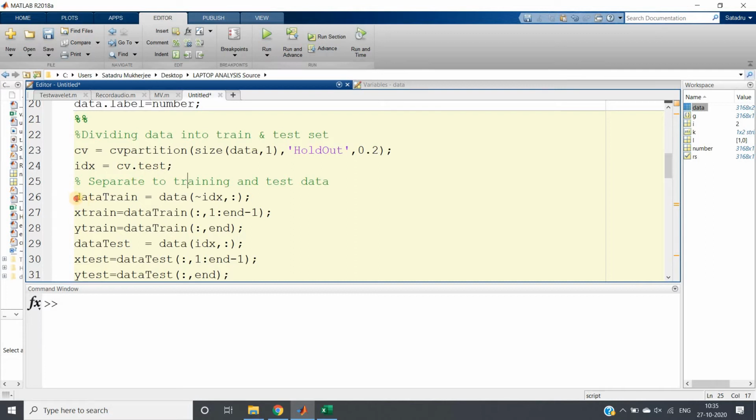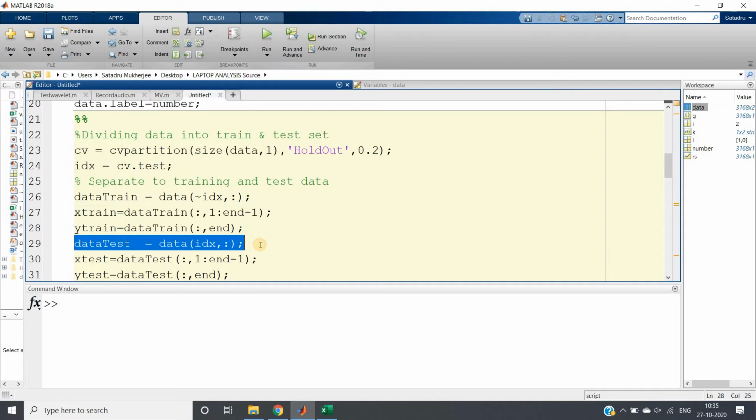Okay, and then what we are doing, we are taking training set and training data. In that there are basically two parts, one is input feature, one is output. So x train, y train I am dividing. Okay, x train is basically all our input features, y train is basically the output feature for the training data. Okay, so you can understand easily, data train, that is original data, all rows, first column to second last column, because last column is label, which is actually our output, so we are not taking that in our input feature x train, and in y train we are taking that.